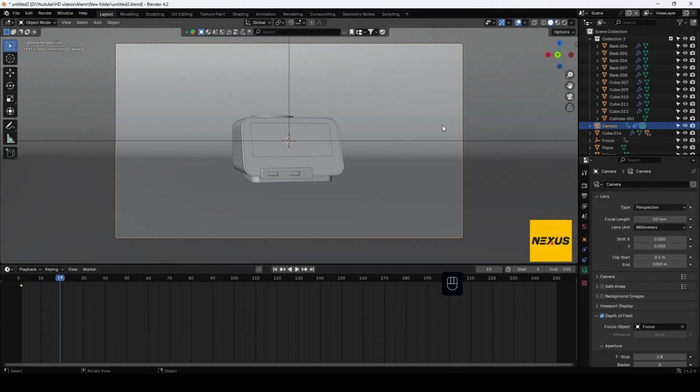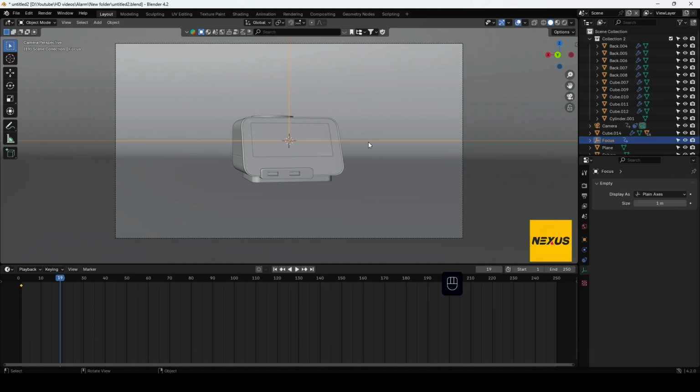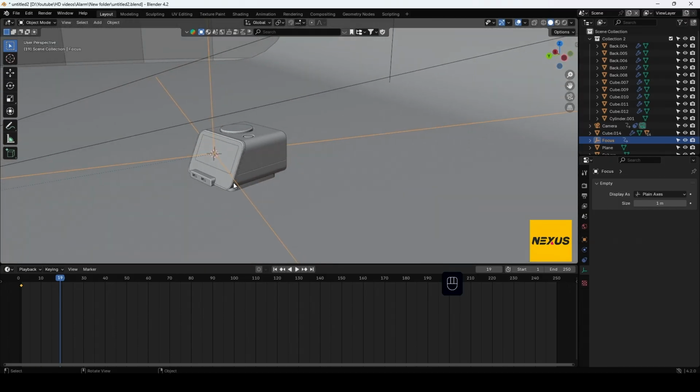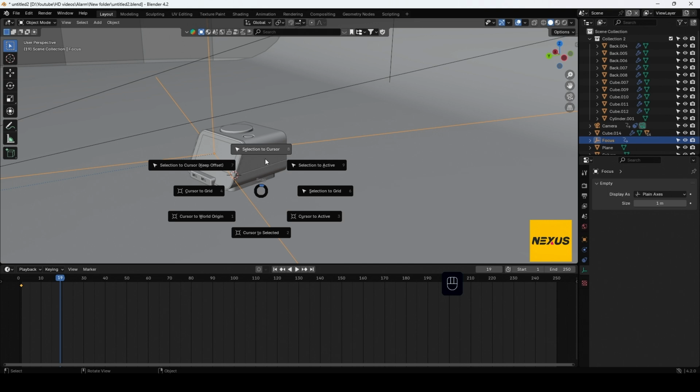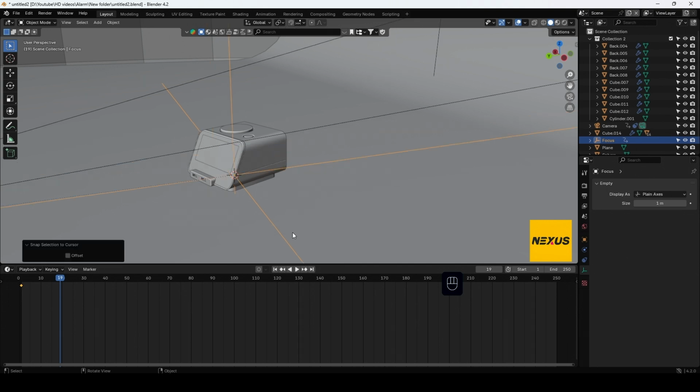Right now I will select the empty, then press G and I will move it here. So Shift and with right click press here and select the focus and press Shift S, select Selection to Cursor. I will create a keyframe